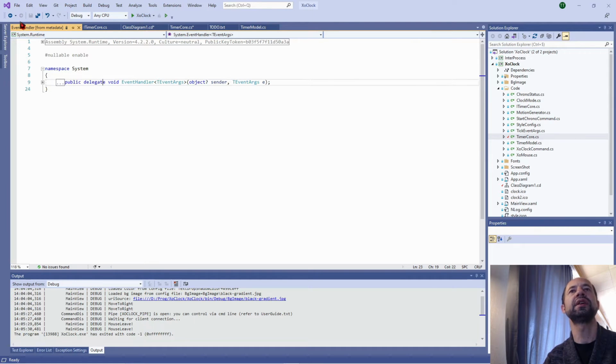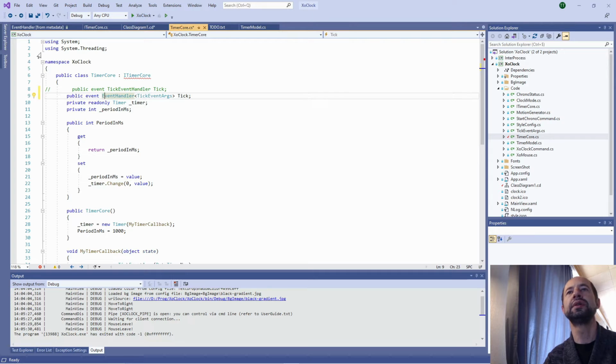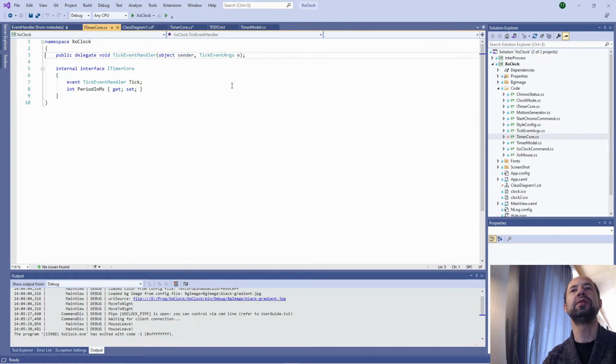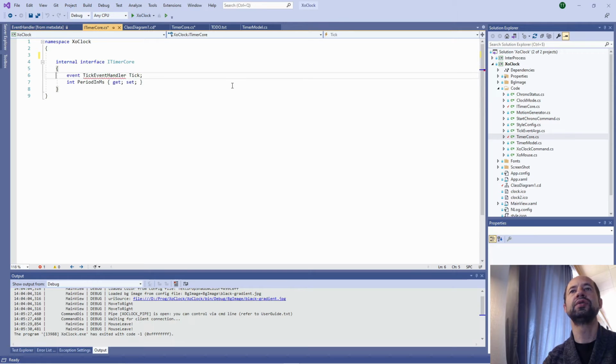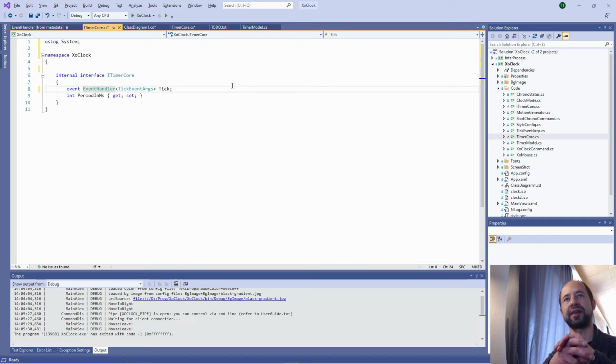So in fact, by making a code review, I am just seeing that I have defined here a delegate which should not be used, the delegate tick event handler, and in fact I should use this event handler to avoid having to define a new delegate type.